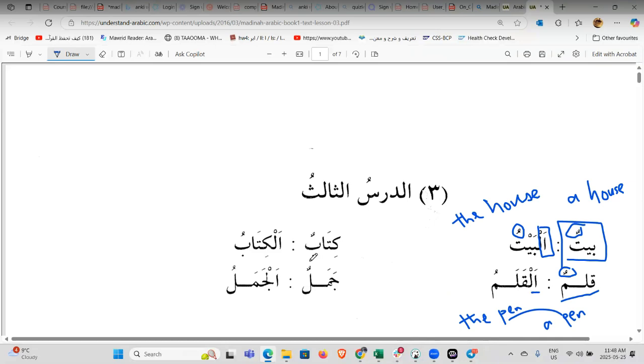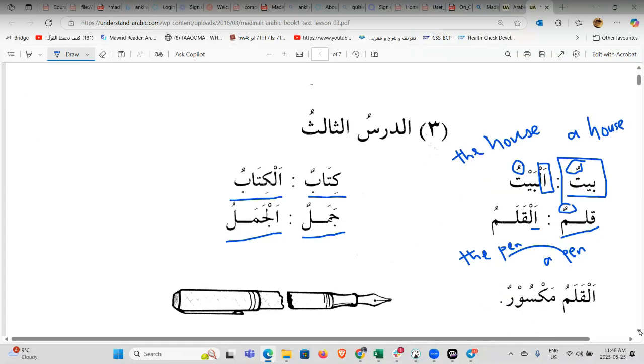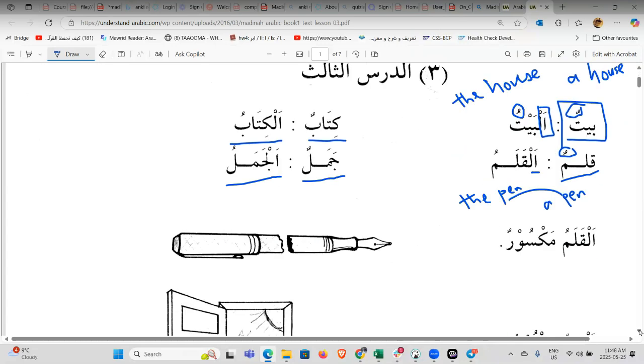Similarly, we have kitabun, a book, al-kitabu, the book, jamalun, a camel, al-jamalu, the camel. So that's one of the key concepts in this lesson. We now take this concept and we apply it to a nominal sentence. So here we have al-qalamu, the pen,